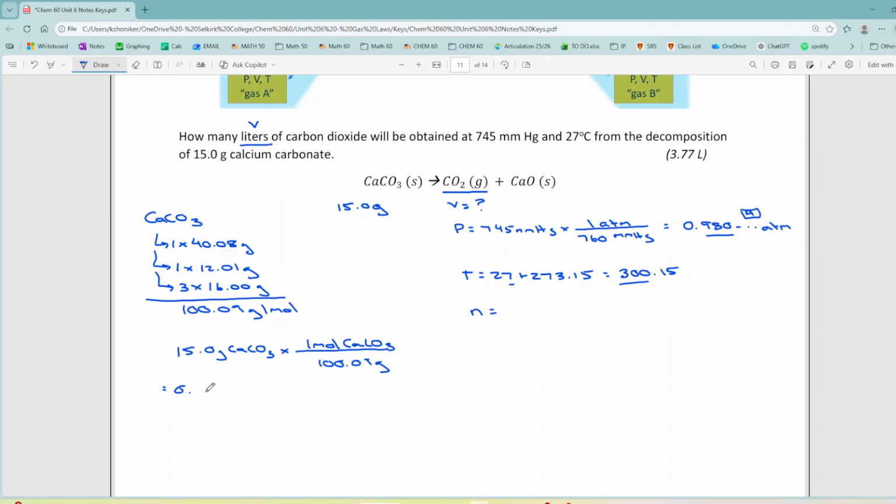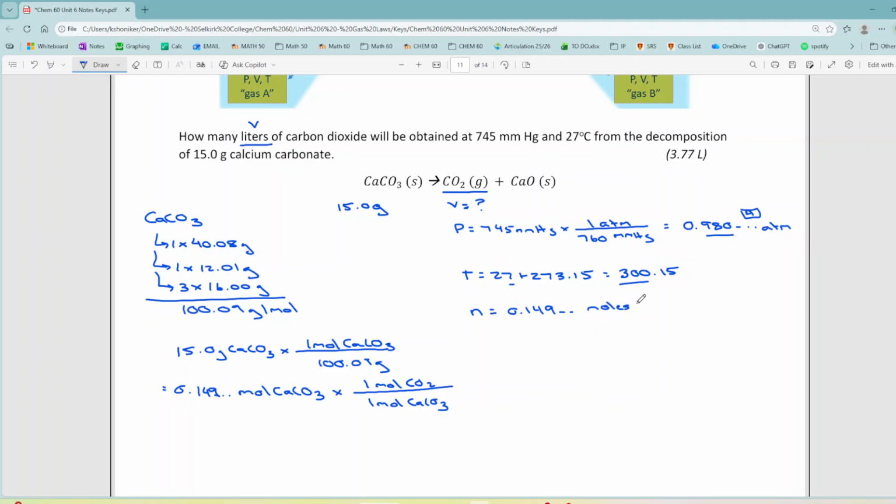Let's keep track of sig figs, so I'm at 3. So 0.14..., I'm not rounding because it's not a final answer, moles of calcium carbonate. Now I could have at the same time, if you can look ahead, what we really wanted was moles of carbon dioxide. We are then going to use our mole-to-mole ratio, so say that 1 mole of calcium carbonate produces 1 mole of carbon dioxide. So therefore we have 0.149, 3 sig figs,